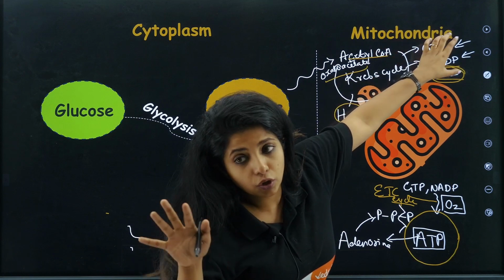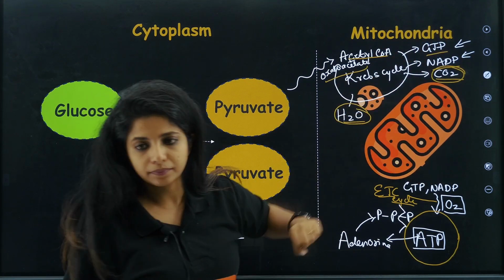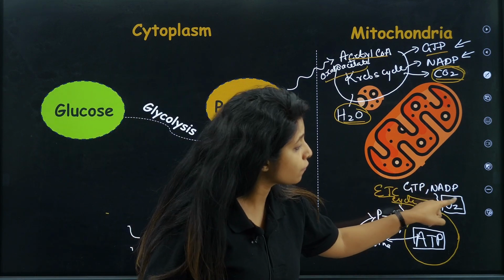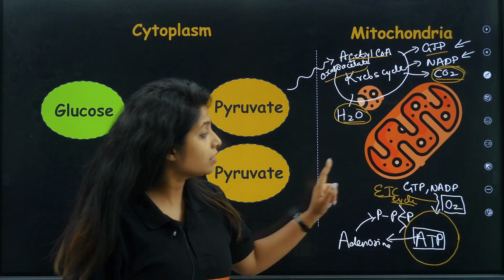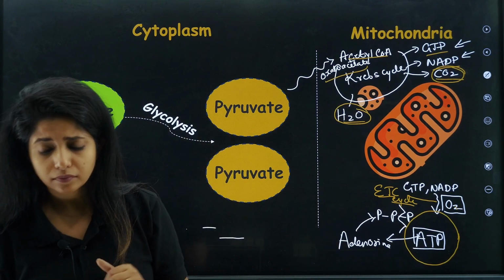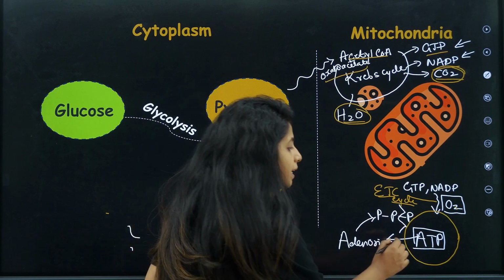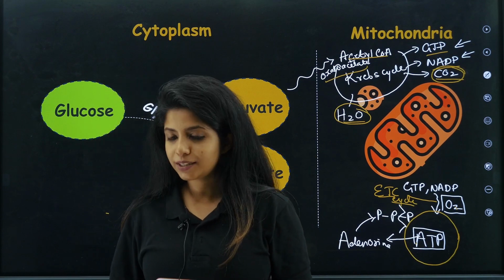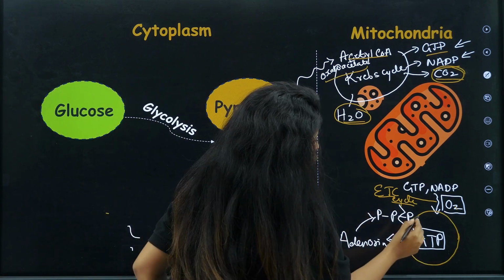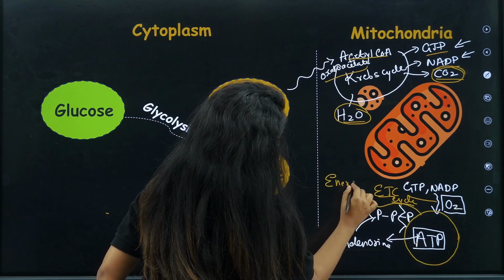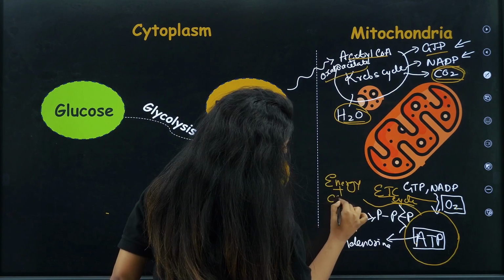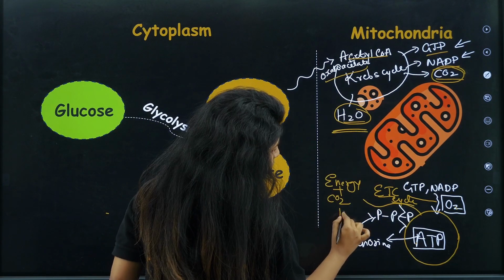Now these low energy currency molecules are used up in the presence of oxygen, in this particular cycle which is known as the ETC cycle, or electron transport chain cycle, to finally form ATP, that is adenosine triphosphate. So finally, from my glucose, what am I getting, my dear children? I am getting my energy currency. I am getting energy. Apart from this, what am I getting, children? I am getting CO2. Apart from this, what am I getting? I am getting H2O.